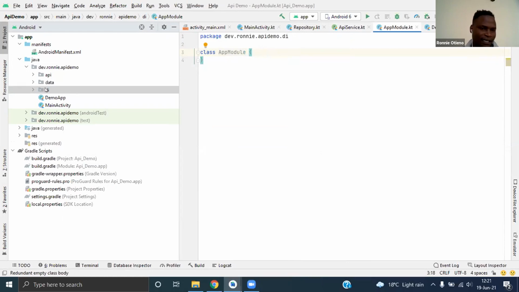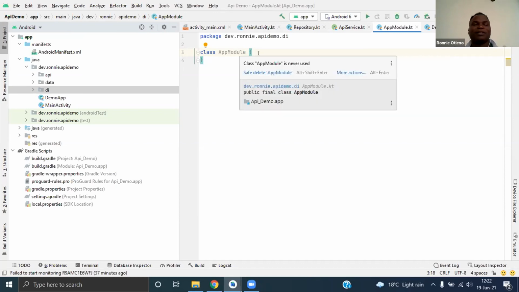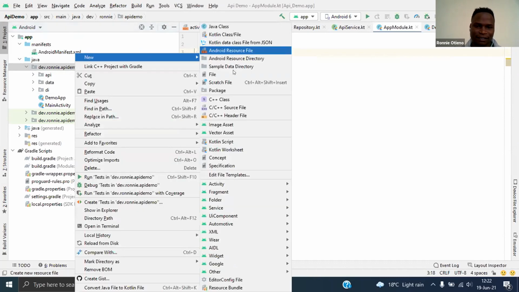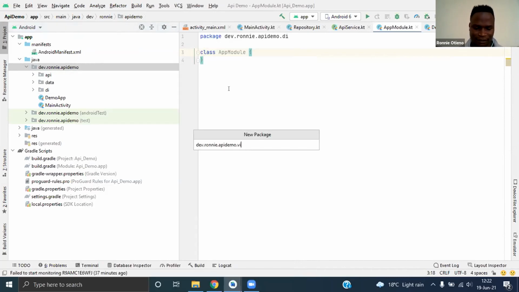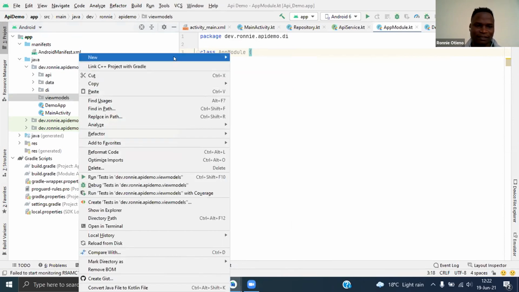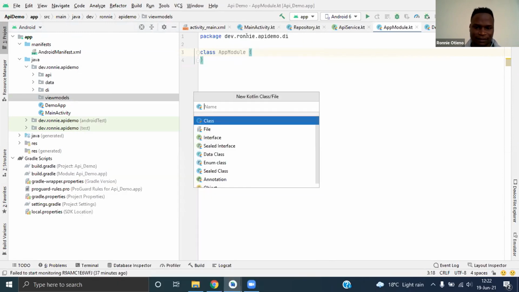So DI is where we'll provide libraries like Retrofit. Those are the ones that we can't just inject directly. We need to provide them from the library because we don't own them. So first thing first, also let me add view model. We just call it MainViewModel because it's just one.